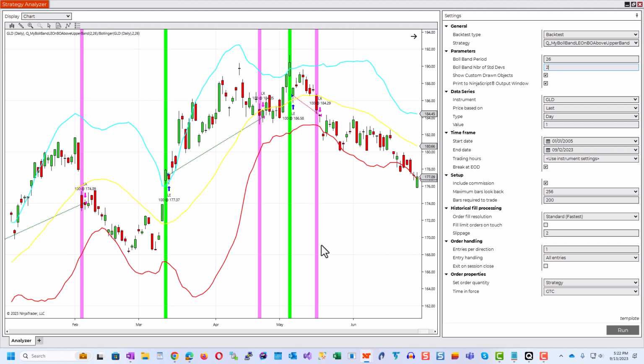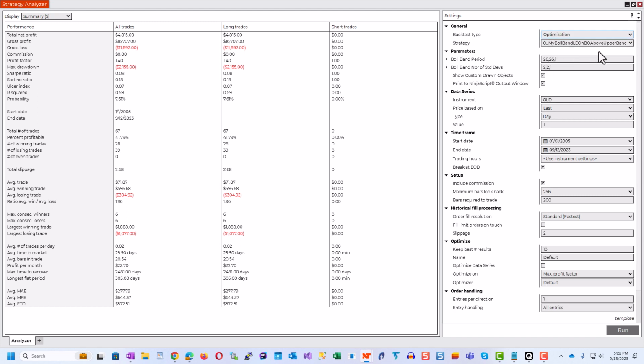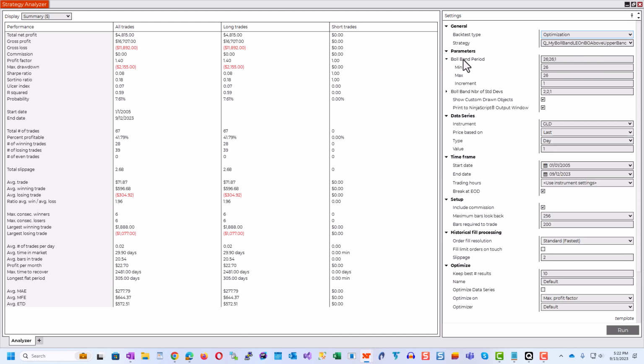Well, that's the backtest. Let's go ahead and see what we can do about this profit factor of 1.4. Let's optimize our strategy by going to backtest type, click on optimization, and let's optimize the Bollinger Band period. Let's make the parameter set from a minimum of maybe 12 to a maximum of 60.